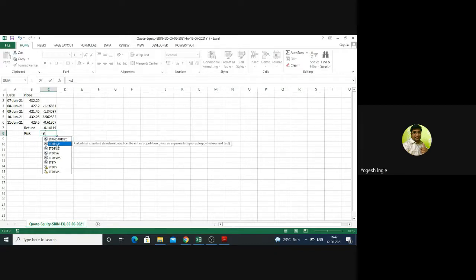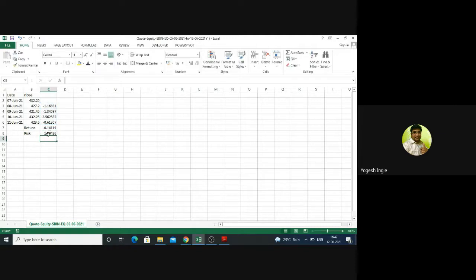Then the second formula, tab, select the numbers, enter. So here we faced 1.5% of risk,